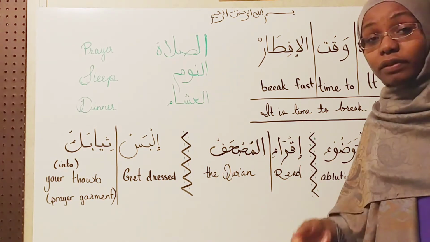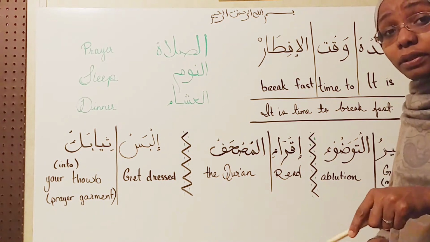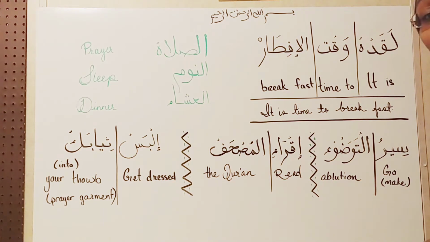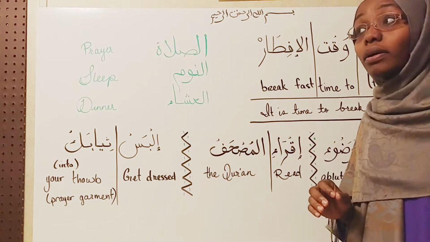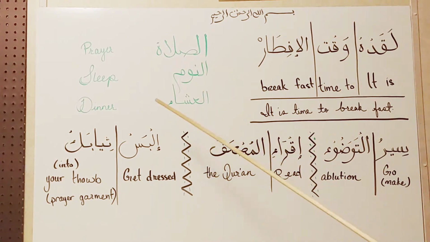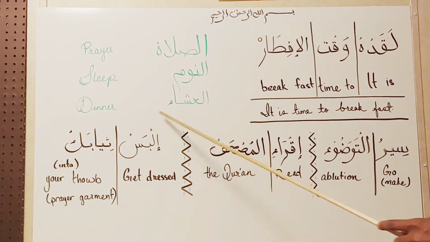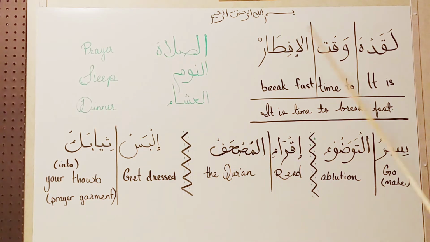And they may try to figure out what you're talking about. When you shut that light out and point to their beds and say لقد هو وقت النوم, they'll figure it out. Oh, it's time to go to bed. Point to the clock and tell them لقد هو وقت النوم. Same for لقد هو وقت العشاء. العشاء is dinner. It is time for dinner.